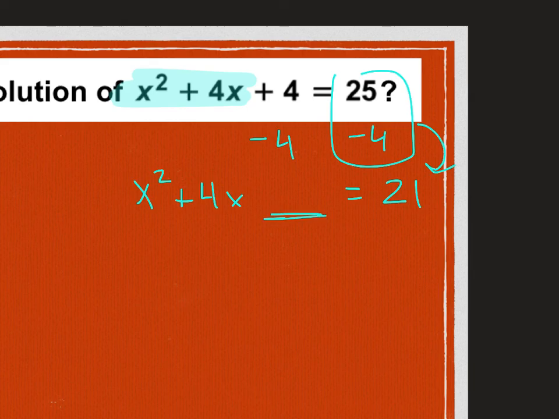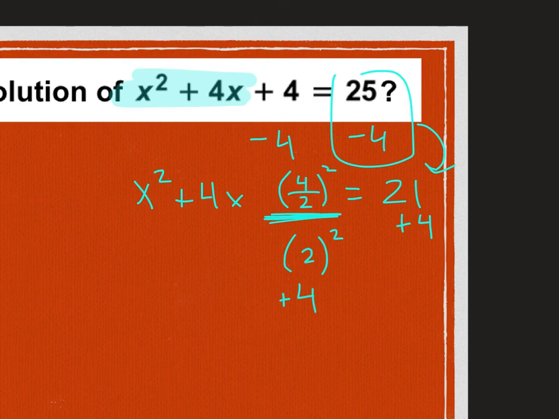Now in here is going to go the number that we need to complete the square. So we put our formula b over 2 squared. So what's our b here? 4. So we have 4 over 2 squared. How can we simplify 4 over 2? 2 squared. And what's 2 squared? 4. So we're adding 4 on the left side of our equation, so we have to add 4 on the